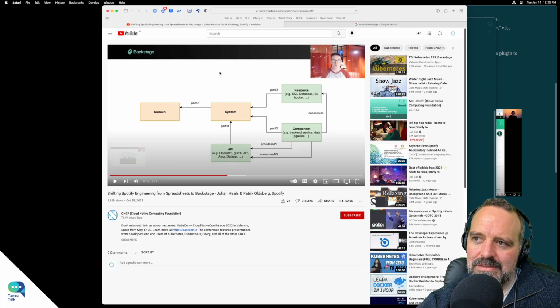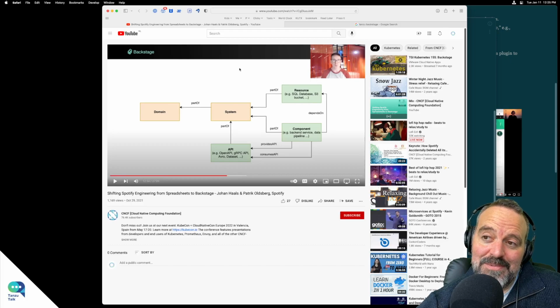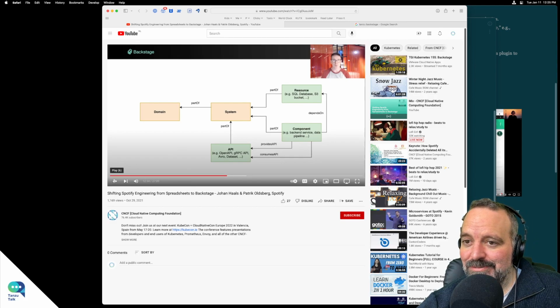All right. I wish you had a label for this. Because I think this is the architecture of a plugin? Maybe? I don't know. Backend service, pipeline, resource. Okay. Or, I mean, this might be the architecture of any Spotify service. I'm not sure what this is of, but let's keep going.